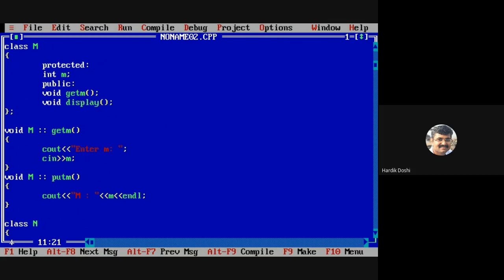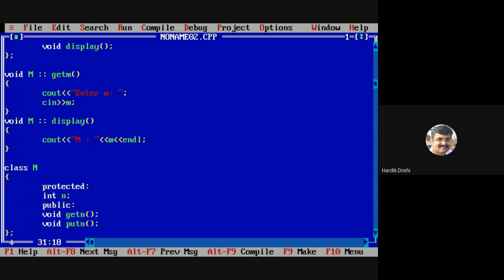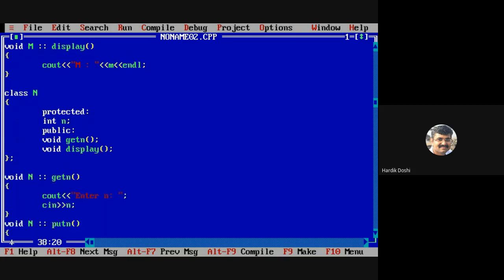Name of the function, I am keeping a display. Similarly, so I need to change it over here also. Similarly, in N class, this is specific to multiple inheritance only. Say for example, in N class, also instead of putn, I wrote display. And I defined it to be display.